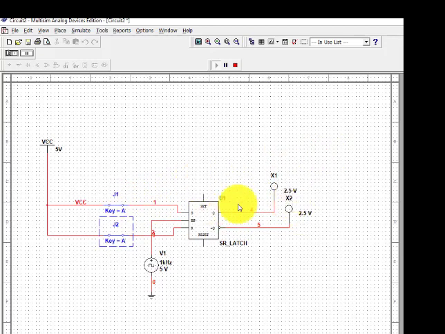So this is how the SR flip-flop works. For 11 both outputs are the same. In some cases we may also get both as 11. So for input 11 both outputs are the same, so this combination is not allowed. And for the other combinations, for 01 we are getting 01, for 10 we are getting 10. Okay, now what about 00? In case of 00, the outputs do not change.